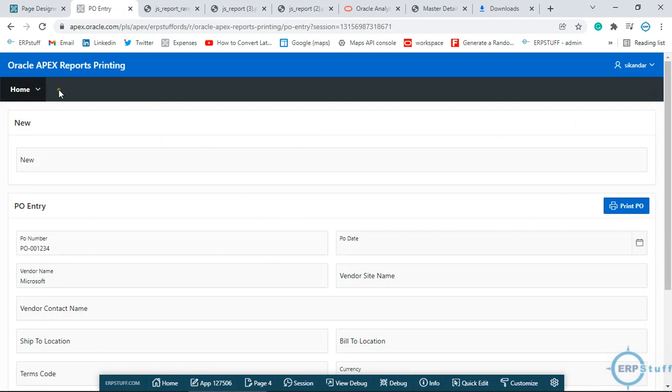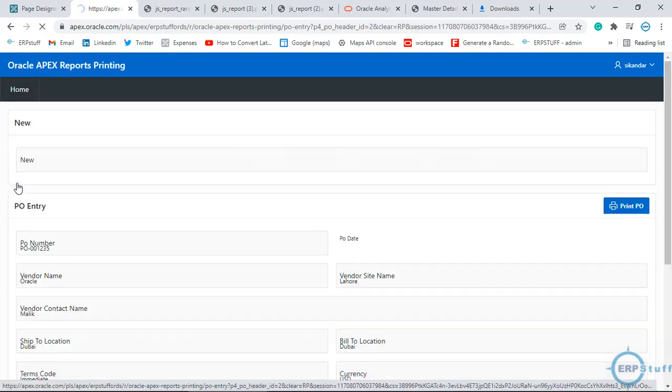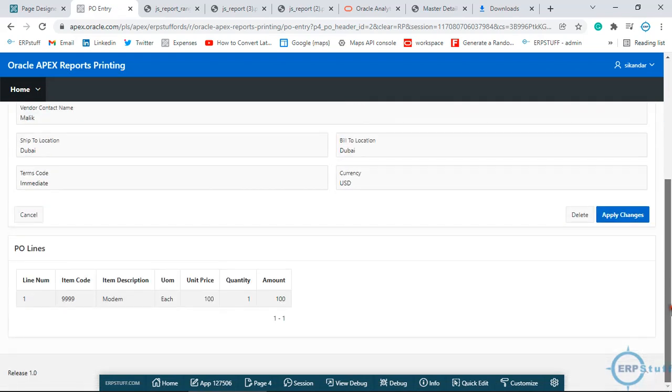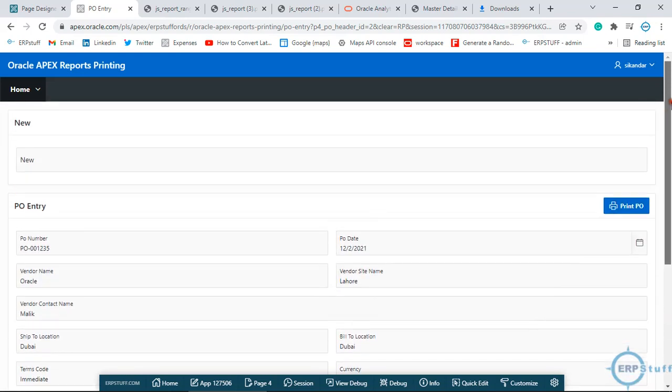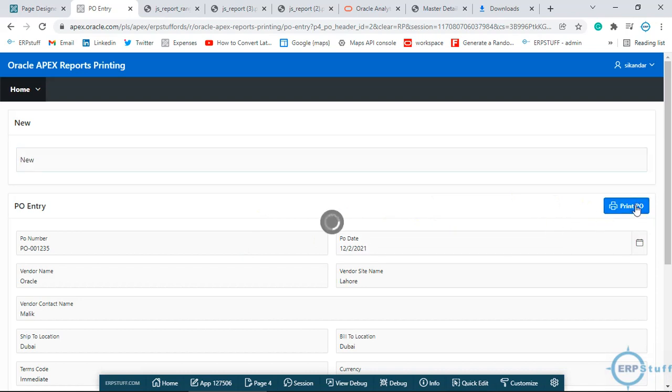So here, see, data is not there, so you have to come from here, from this report, and then once you click, it will show you the page. I am just showing the header, I am not showing anything else here, and here I am just showing the lines, nothing else, right. So you will click here, print PO, it should print. This is just a dummy field, I don't know why I was creating it, so it is not there. So this is the PO header from here.